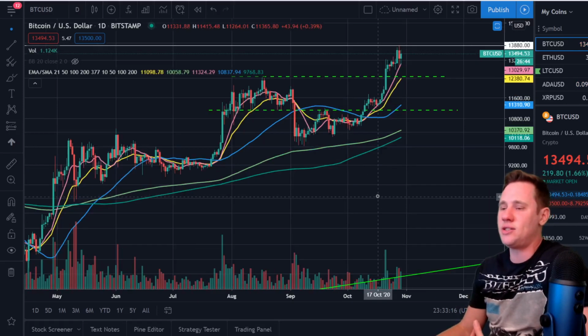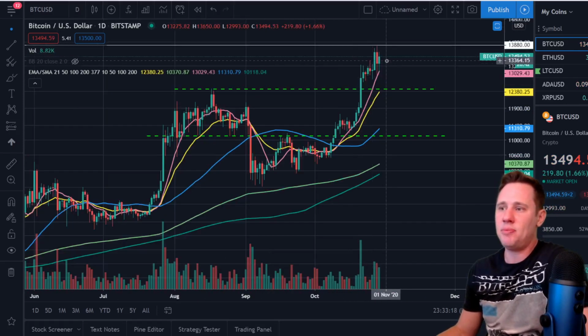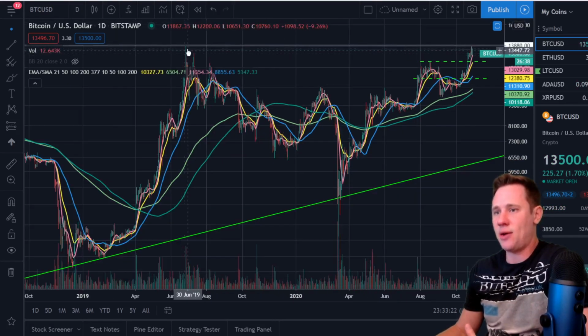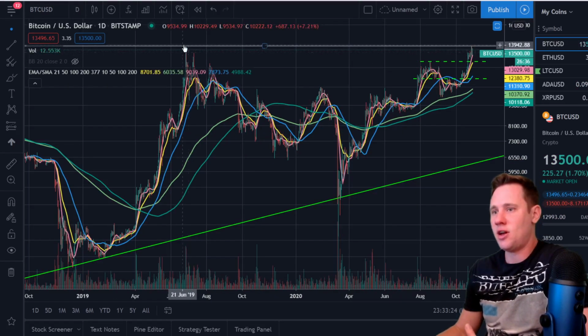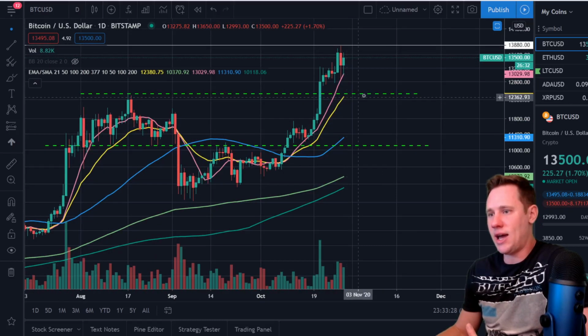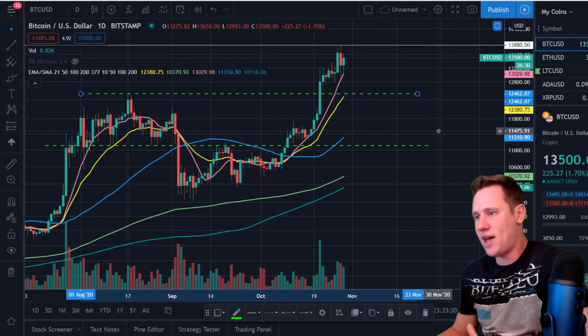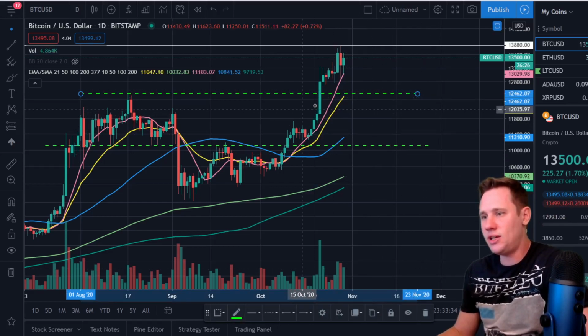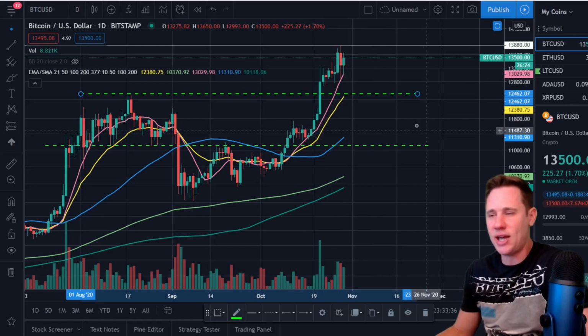But overall, I still feel bullish. We just happen to be at a critical resistance level, considering that was the 2019 top. We'll have to beat that level there. And you're looking at, so what is this? 12,450, around 12,000. Well, the yellow 21 EMA is 12,380. So let's say